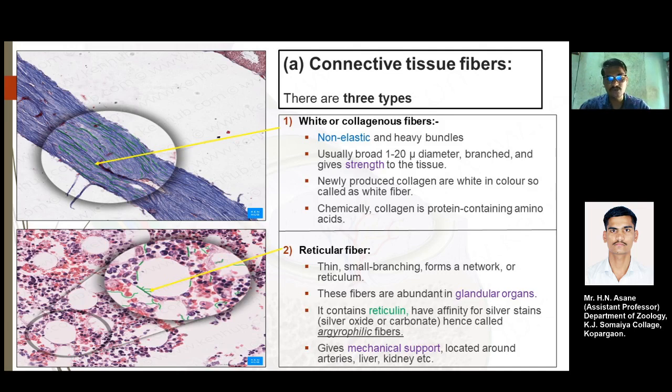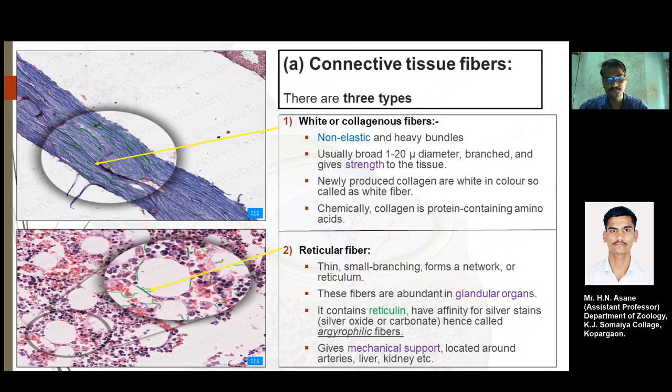It contains reticulin as its main constituent, and has affinity for silver stains. Silver stains means silver oxide or silver carbonate. These are the two main silver stains used in histology, and these are very costly stains because of the silver contained in them. The argyrophilic fibers means the fibers which have affinity towards the silver stain, hence called